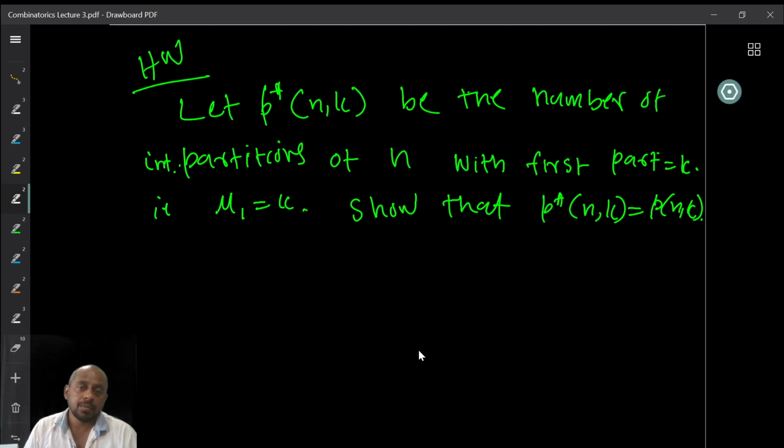So I want you to find this proof, and when you do the proof, make sure that you use only the ideas and relations that we have come across, I mean, the results that we have used so far. Of course, you can use some new ideas, that is okay. But we will use only the results that we have come across so far, because we are going to come up with a very different proof for the same, which is a pictorial proof. So that is going to be presented, but we don't want that proof to be used here. So try to come up with a proof on your own.